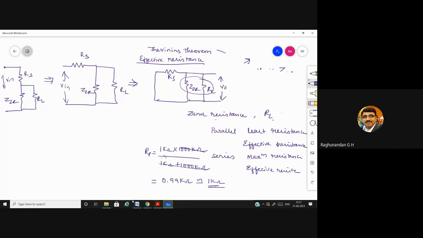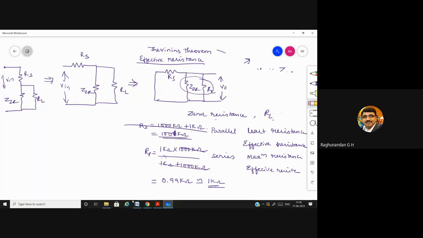But the same thing, if you take in series combination, it will be 1000 kilo ohm plus 1 kilo ohm. It will be 1001 kilo ohm, right? Is it near to 1 kilo ohm or 1000 kilo ohm? 1000 kilo ohm. So this indicates that the maximum value will be the effective resistance in series combination and the minimum value will be the effective resistance in parallel combination. From this,